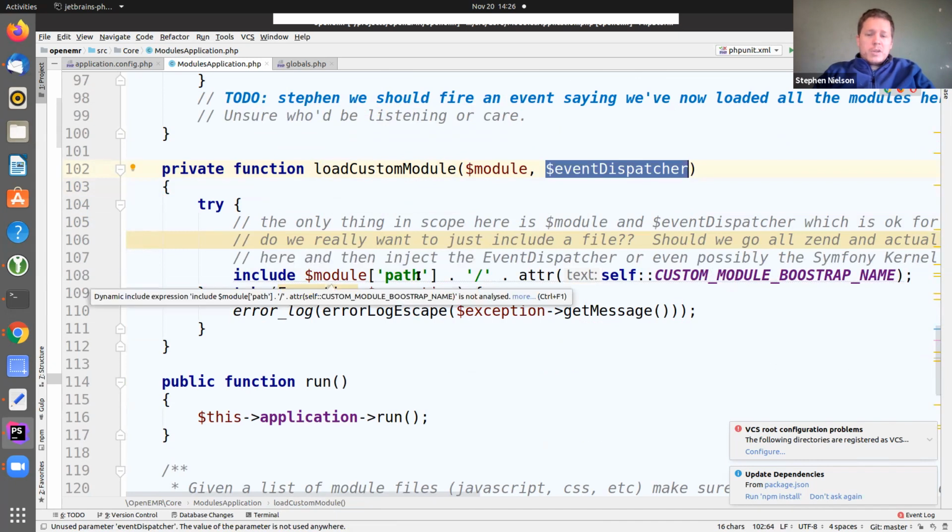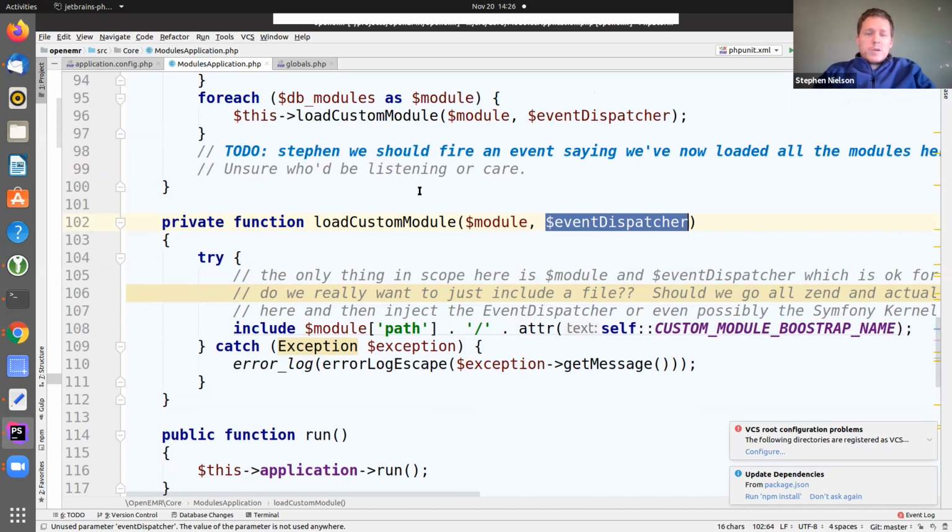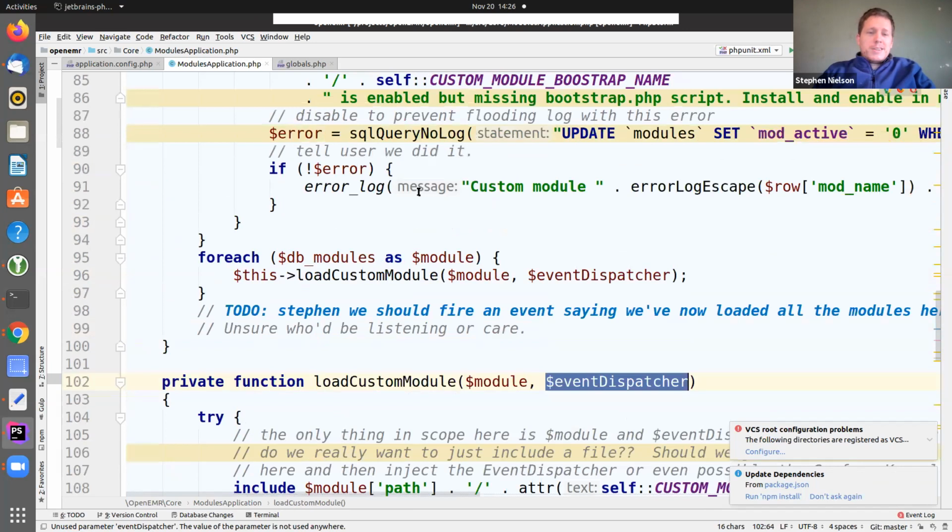So we're going to include the module bootstrap file at the path, and it's going to have the event dispatcher in its local scope because of the way that's wrapped inside of the function. That makes it so that one module isn't polluting the variable scope of another module, unless you hijack the globals array, which don't do that, please.